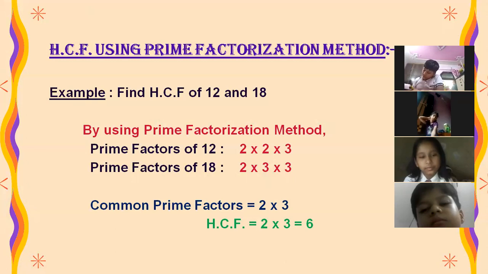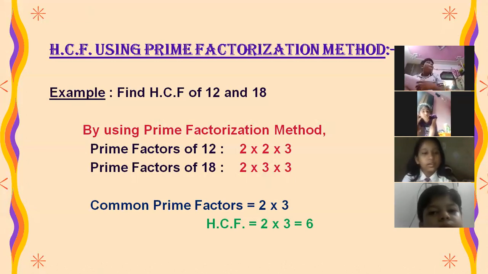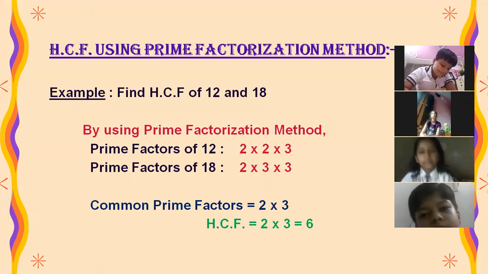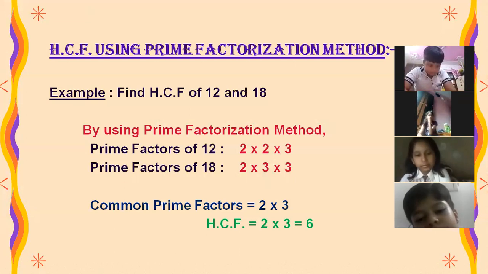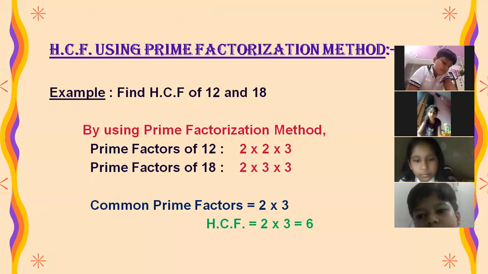Okay, beta. But this time it should be clear to you that these are the prime factors, not only the factors. These have a special quality, that is, prime factors. That's why we have taken these terms in the multiplication form.